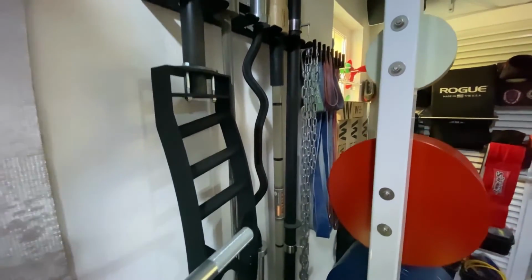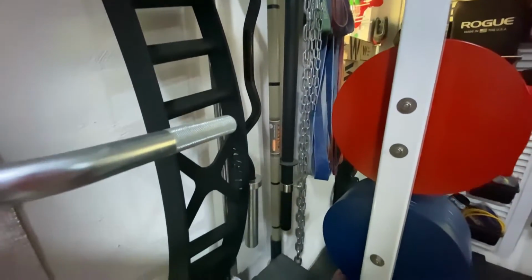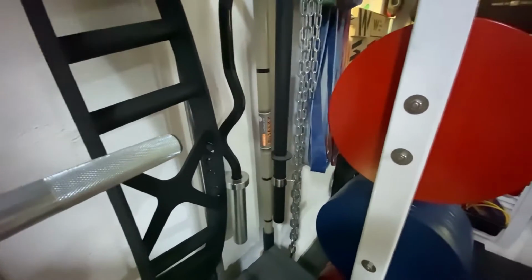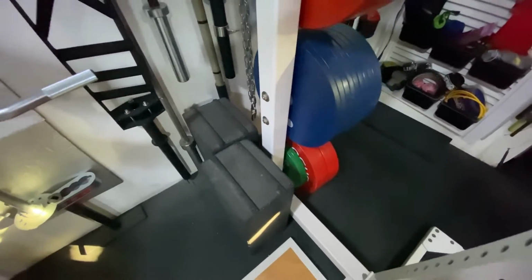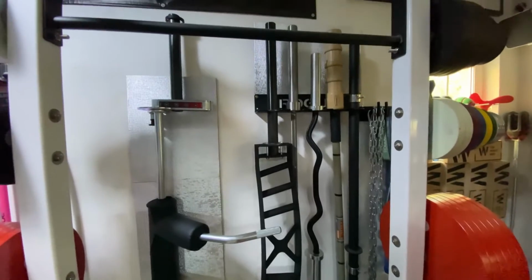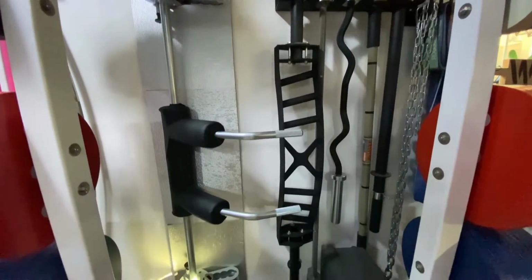And a recent grab is the Kabuki Cadillac Bar. Very nice so far in the initial use of it. So I've got a couple of Rogue cinder blocks here. Super useful for block pulls and all manner of other stuff. And something I waited a very long time for is the Kabuki Transformer Bar